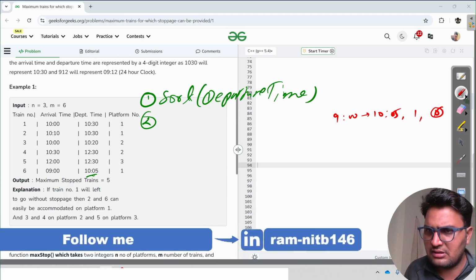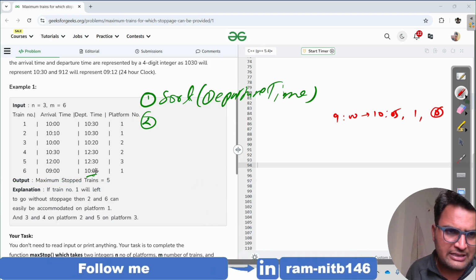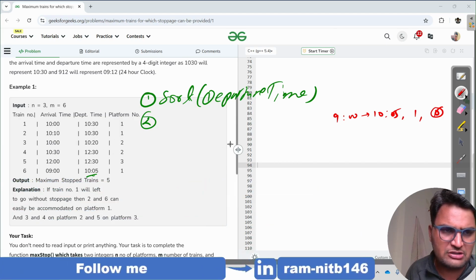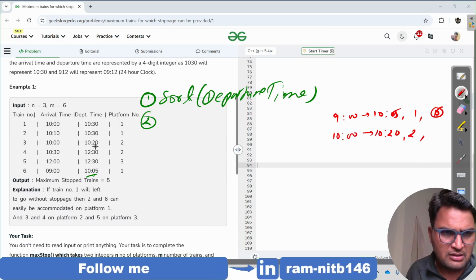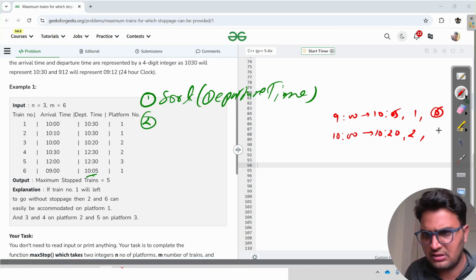And then the other train would be after 10:05, this is 10:20. I'm sorting on the basis of departure time. So this would be 10 to 10:20,